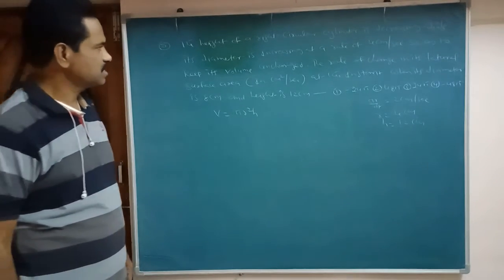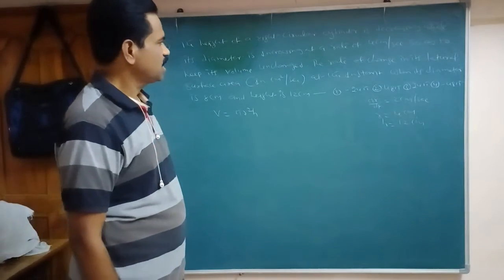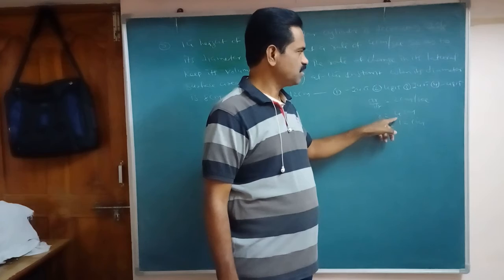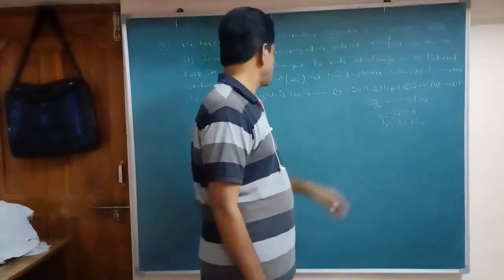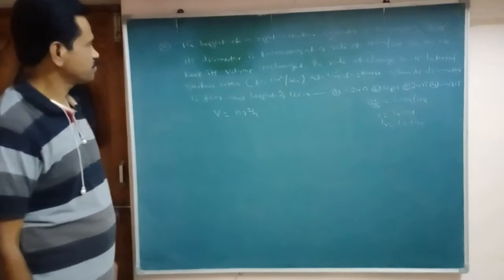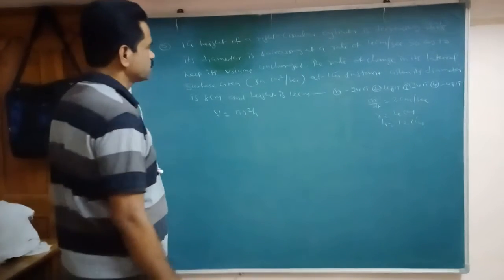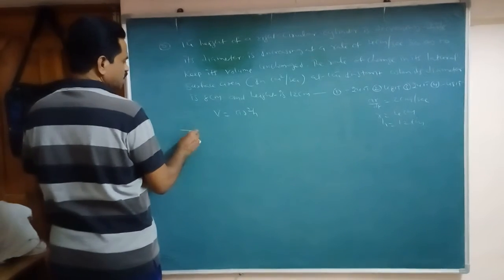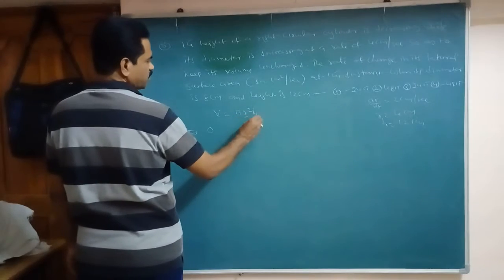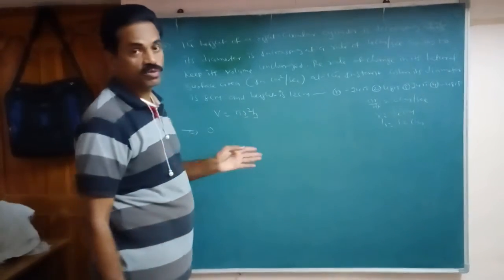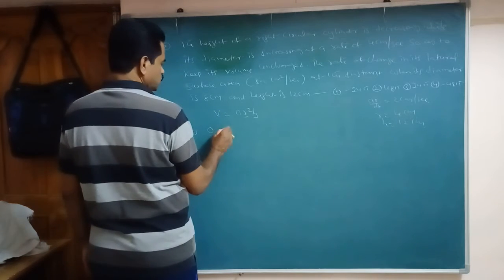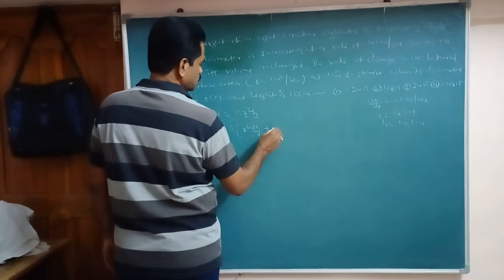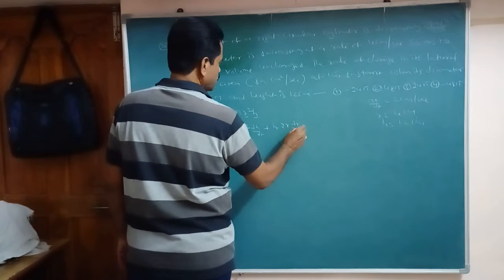Volume is unchanged. The rate of change in its lateral surface area at the instant when diameter is 8 centimeters given. Diameter 8 means radius is 8 by 2, so radius is 4, and its height is 12 centimeters given here. So here we need the rate of change of lateral surface area. Here dV by dt, both r and h are variables. So it is 0, pi into r square dh by dt plus h into 2r dr by dt.